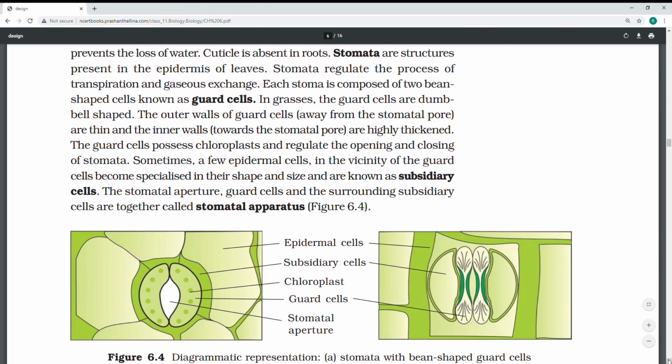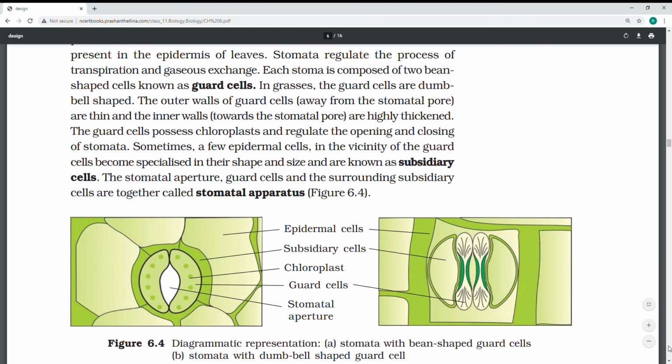See the stomata diagram. There are pores present on the lower surface, not on the upper surface. Actually, in practical it will be there. If you take the thin layer of the lower surface and observe it under a microscope, then you will see the thin layer of some specific plants. In the stomata, you can see many green-like structures.